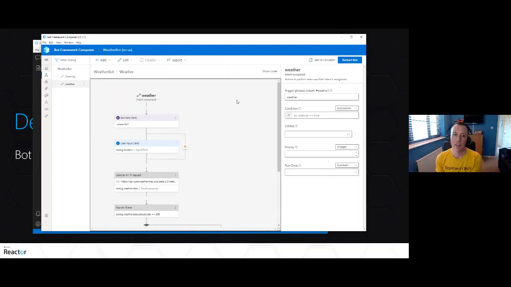This is a really nice way of building up bots, I think both if you're new to the game, but also even if you're not new to the game and you just want to do something quickly. This is really, really good for sitting down with business people who are not techies, but understand what they want their bot to do. You can go through different conditions, different process flows, and users can see it all on the screen. You can build up in real time the flow of your bot and how that interface to the bot should look. Really, really nice. So I'm a big fan of Bot Framework Composer.